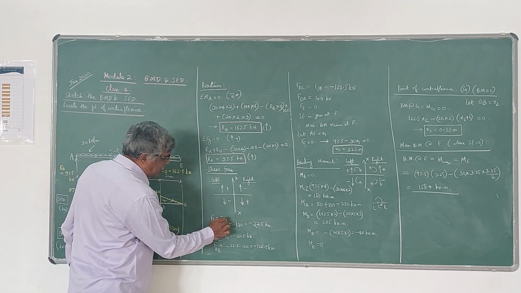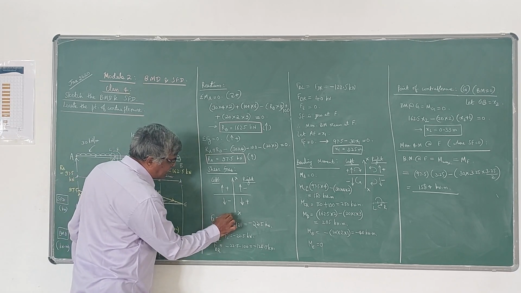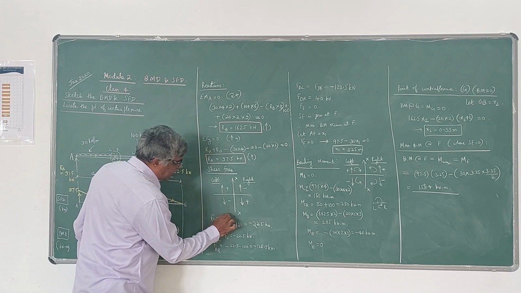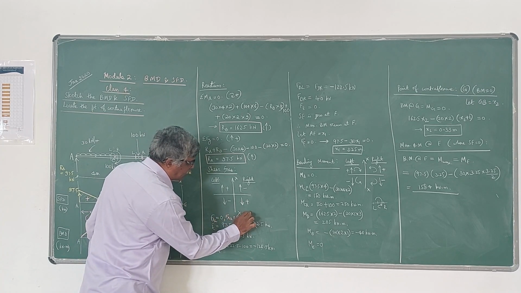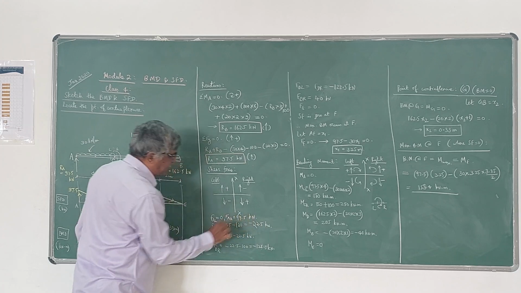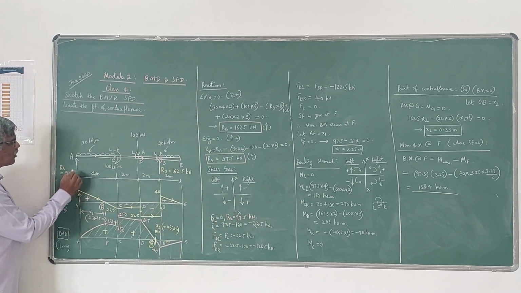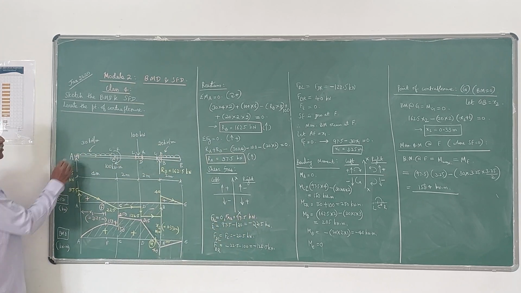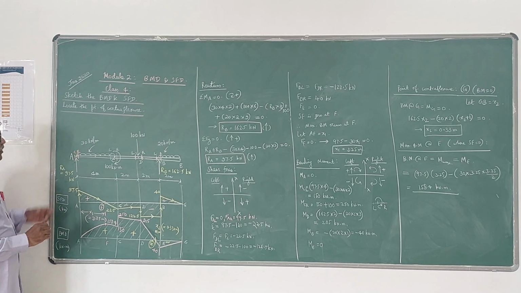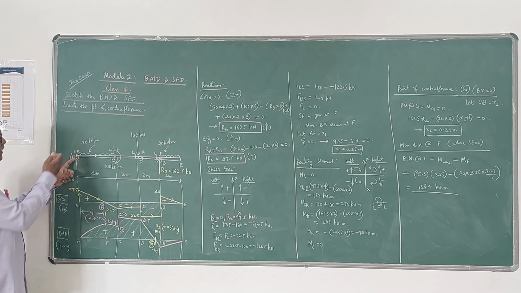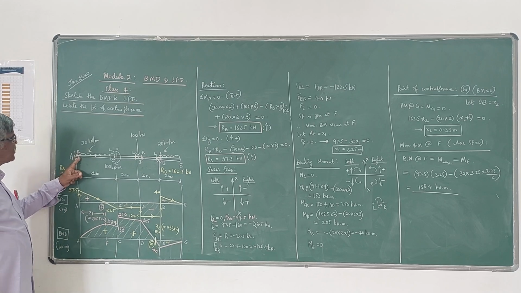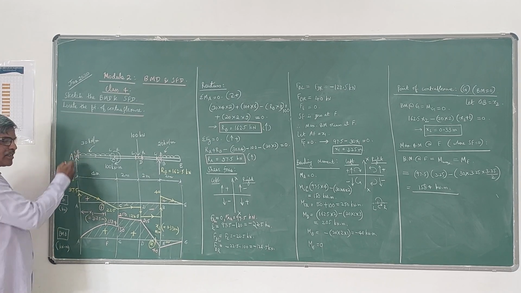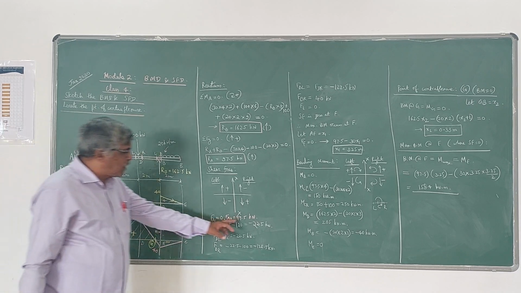Of course, here once again, what happens? FAL is 0, but FAR is 97.5. Please note this. Here also we will be having two values of shear force, one value here, one value here. Here nothing is there to the left side of L, therefore shear force is 0. But if you see to the left side of R, this reaction you can see. That is why we have two values.